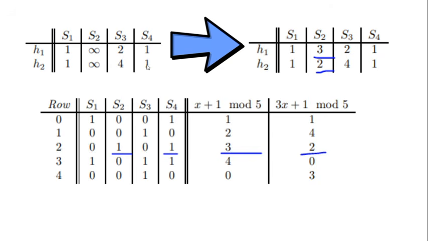So currently there's 1 in front of H2, and H2 over here is 2, so we're not going to change that up. So our final matrix will be the one where only S2 is updated and S4 is basically kept the same because it had smaller values than what these hash functions had.